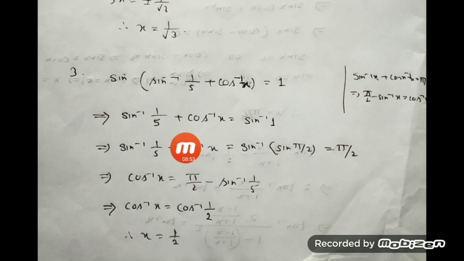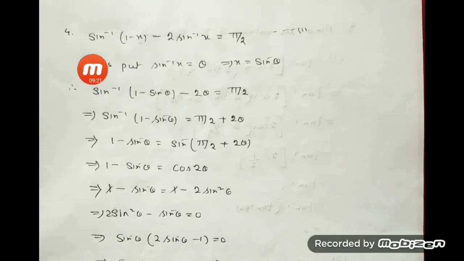Is that right or not? We know sine inverse x, so what did I do? I bring this to the right side. It becomes this form: pi by 2 minus sine inverse of x, which gives you cos inverse of x. X means 1 by 2, so this gives you cos inverse of 1 by 2. Then both sides are cos inverse, so comparing, the value of x equals half.